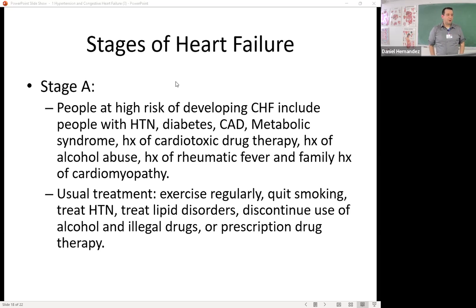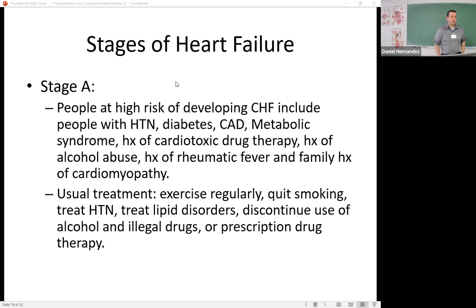So with congestive heart failure, we break it down into different stages. So there's different levels or different degrees of congestive heart failure. So our first stage, stage A, these are actually patients that are just at high risk for developing congestive heart failure. So this includes people that have hypertension, diabetes, a history of coronary artery disease. Maybe they have some sort of metabolic syndromes, like hyperthyroidism,